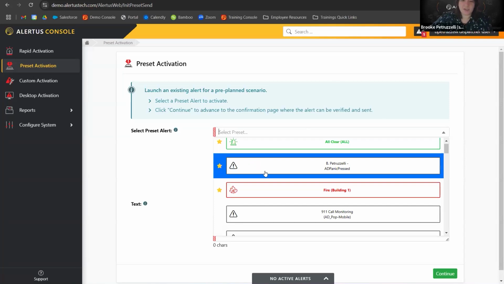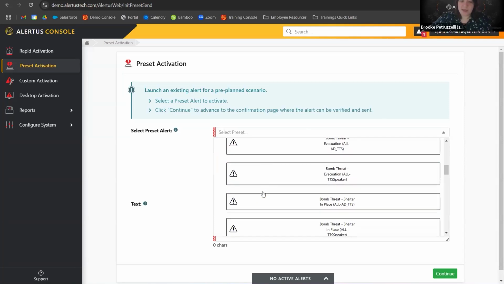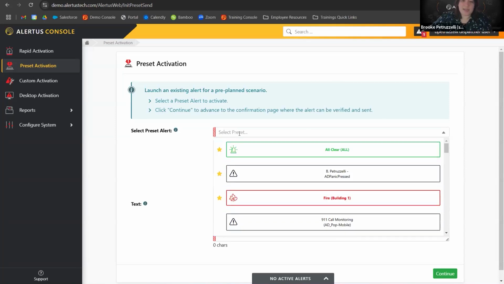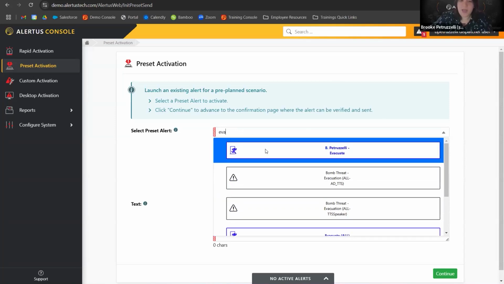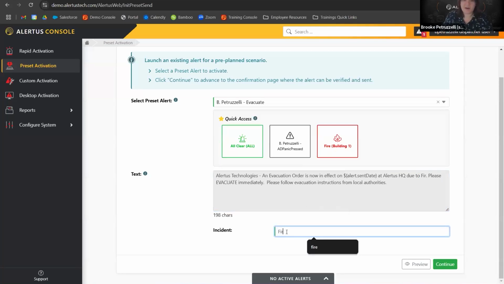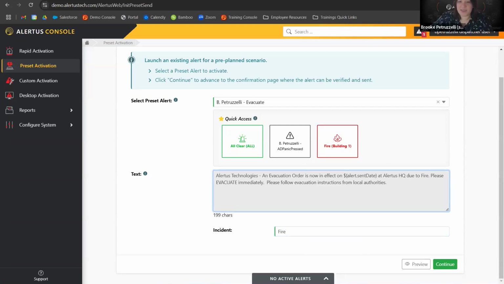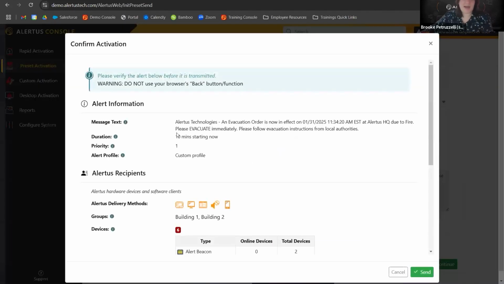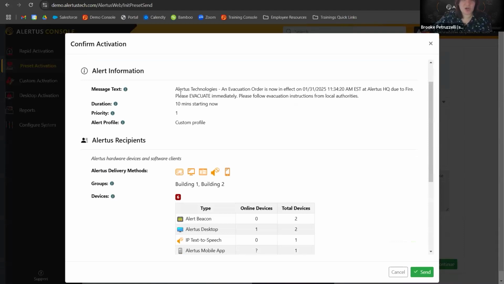We can also come down here to our preset drop-down menu, and then these are all the presets that I've created. If I wanted to send out a specific one for an evacuation, I could click that here. This one has a text prompt included in it, so I would have to include the incident. So due to a fire, I could put that in, and then we just have that text prompt filled in there. And if I click continue, I'm able to see that I have my message text, the duration already set,